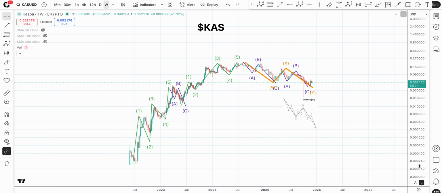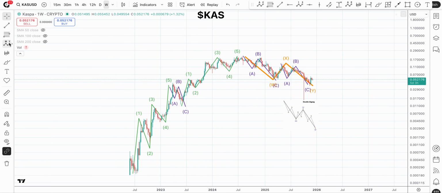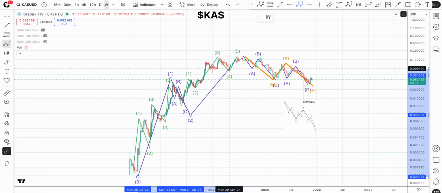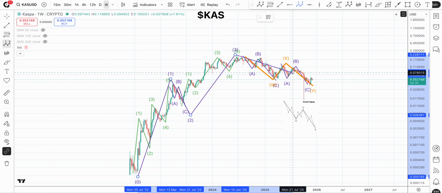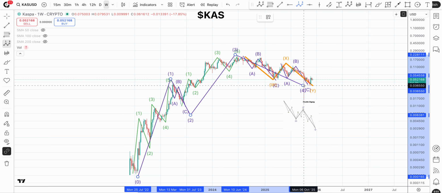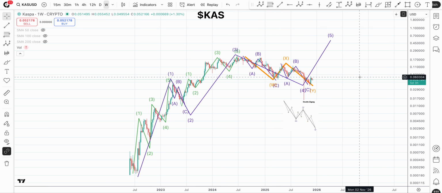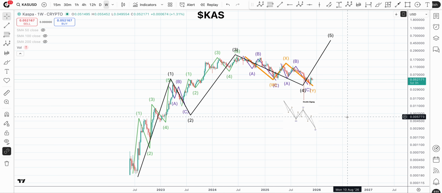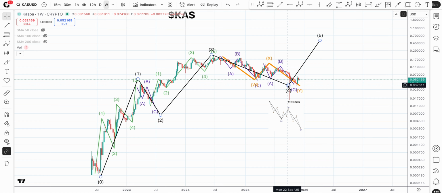So looking at this on the higher time frame, guys, this is the weekly chart. You can see right now what we have going on: you had the first 5 waves for one, an ABC, second 5 waves for two, a complex structure we'll talk about in a minute. And now we're waiting on a 5th wave. And I'm going to show you exactly why I wouldn't be stressing this right now, because where this